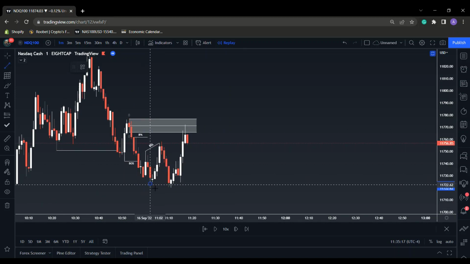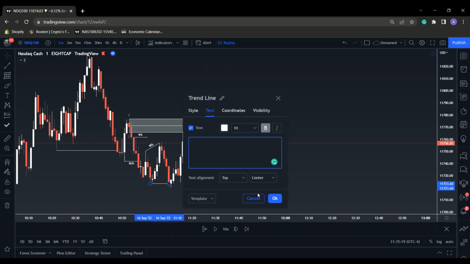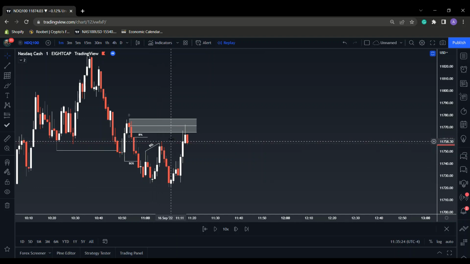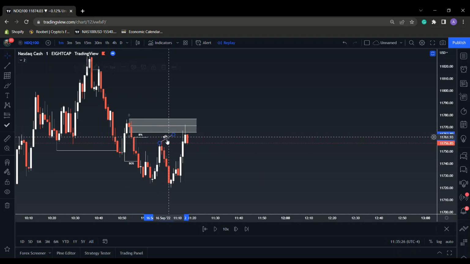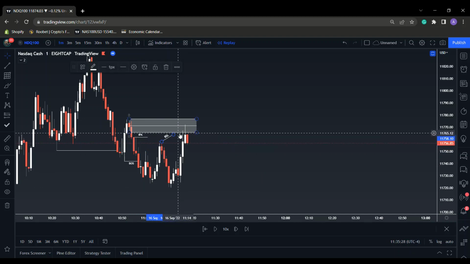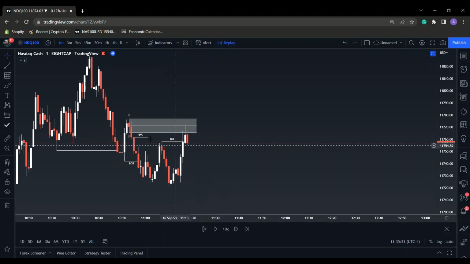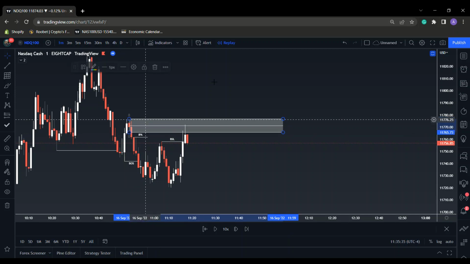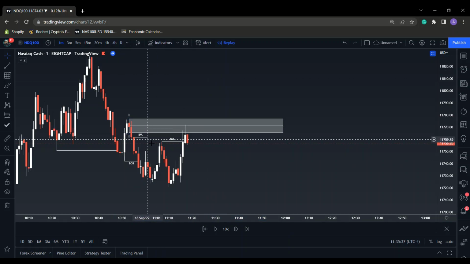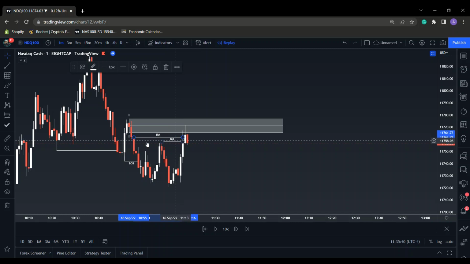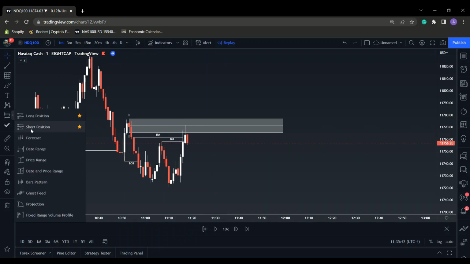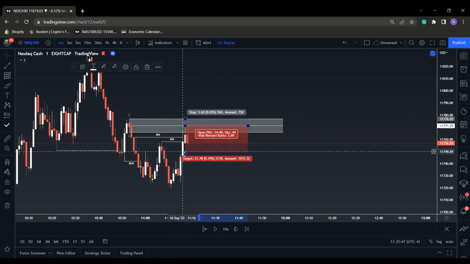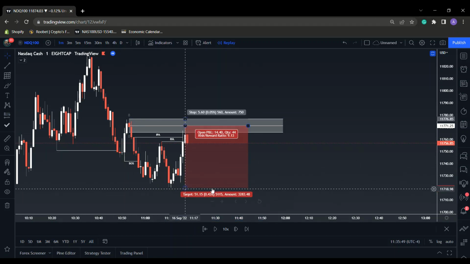So once again, price broke this low, okay? And then we also had this liquidity sitting right here. Just to make it cleaner, like I usually do, I'm going to just put it right here, buy side liquidity. And what happens, buy side liquidity gets swept, imbalance gets fulfilled, as you can see. And what happens, we tap right into the 50% zone of our supply, and we have our stops at this